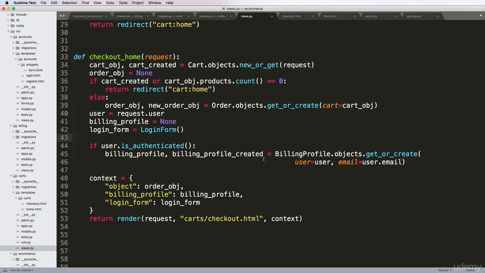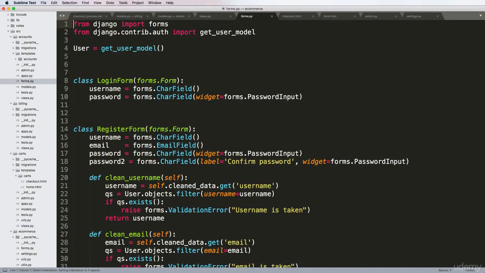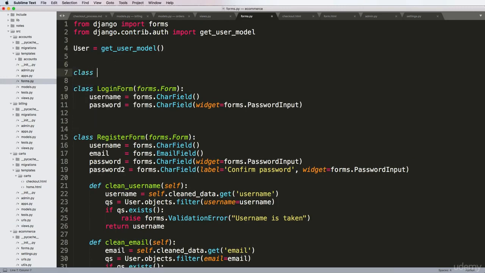Okay, so now what we need to do is create a guest user login form or a guest user form. And we're going to put that in our account forms because it makes more sense to be with the account than anywhere else, mainly because it's associated to what accounts would potentially be in the future. So inside of our forms, it's going to be fairly easy. We're just going to say class, and it's going to be guest form, and it's forms.form, and just an email